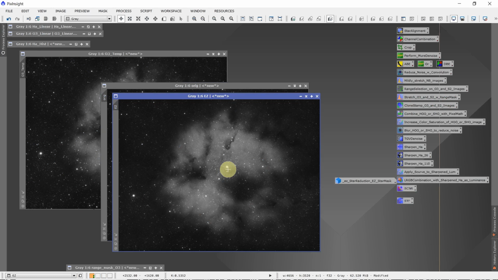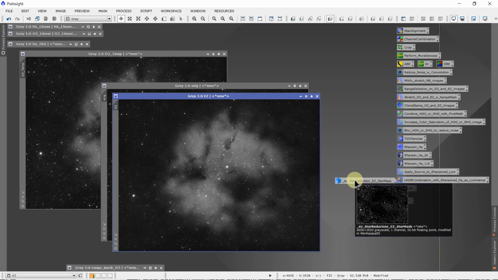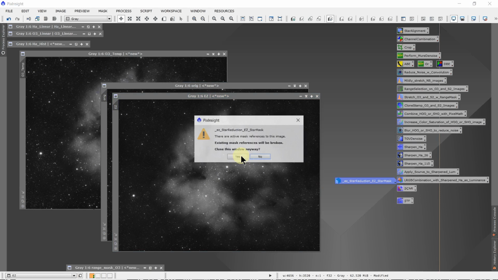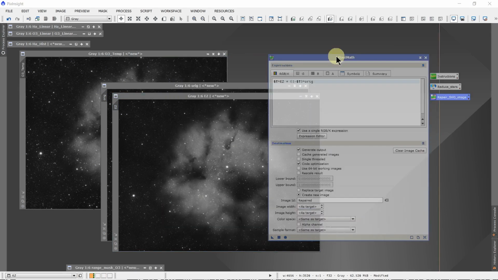It's reduced stars across the whole image. Here's the file that it created. We don't need it anymore, so we can delete it. Hit yes twice and it's gone. Open PixelMath now,